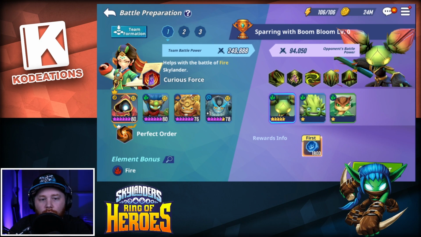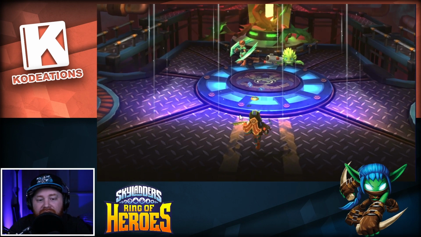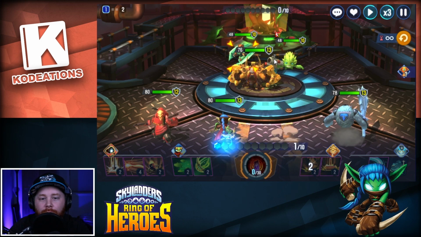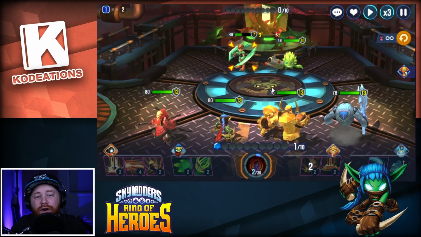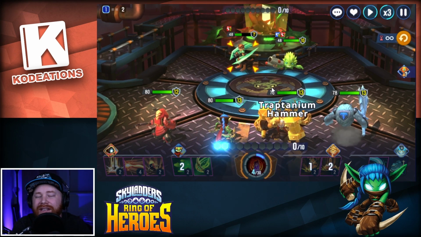So we're going to go ahead and just roll this bad boy on auto really quick. Again, this is probably not the best team to be bringing in here. I'm not even bringing a single fire unit, but you get the point. We're going to let this roll on auto, because I know for a fact that we're going to smash it and not have any issues. But I just want to show you guys what exactly happens